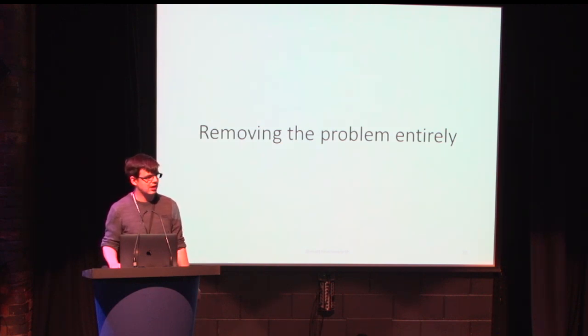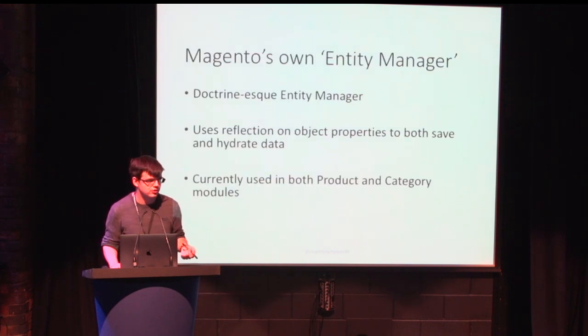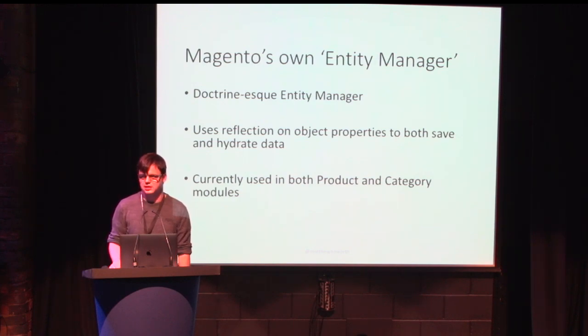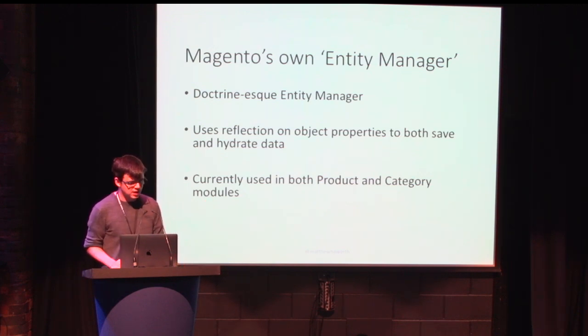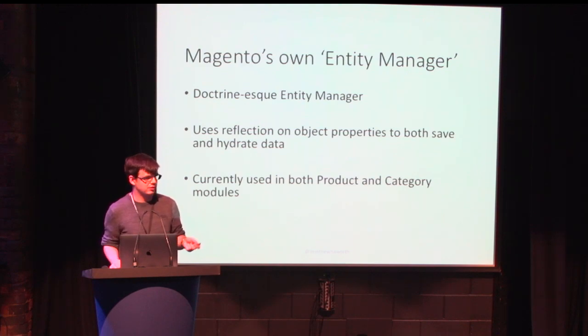Well, Magento has in the works something called the entity manager. Now, this entity manager is currently used in a very, very small place in the back end of the product and category resource models and isn't really currently recommended as the way to go. And that's only because it's very new and Magento haven't gotten around to actually evangelizing it or saying it's ready for production. But it is there. And the entity manager is a Doctrine-esque entity manager. So if you ever use Doctrine, you'll know that Doctrine effectively can rely on reflection to read annotations and map that data using the data types and annotations defined within the event itself.